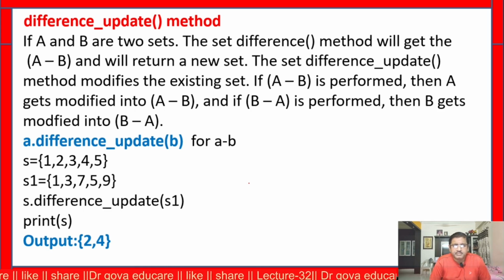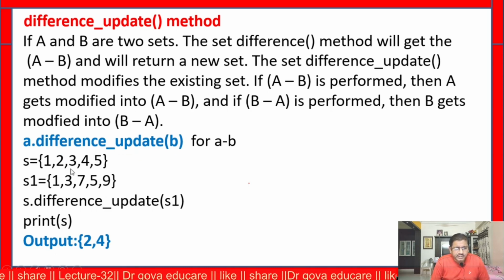If A minus B is performed, then A gets modified into A minus B. And if B minus A is performed, then B gets modified into B minus A. This is the syntax: A dot difference update of B. This is for A minus B.